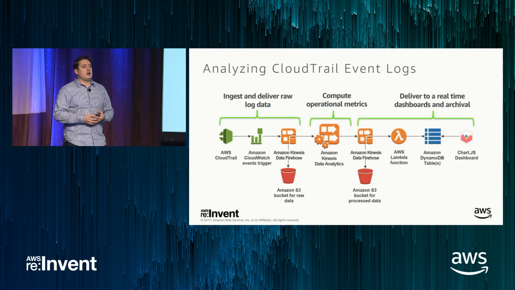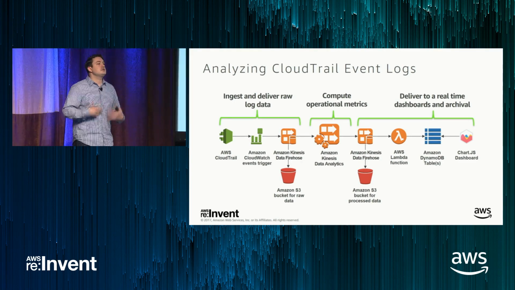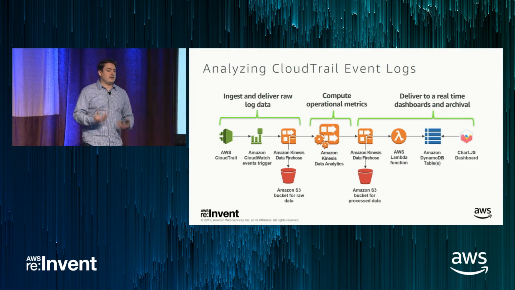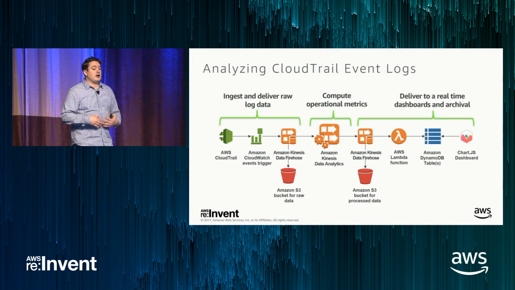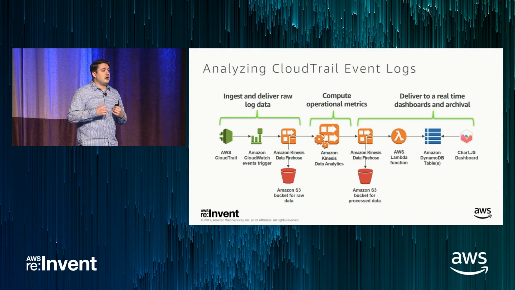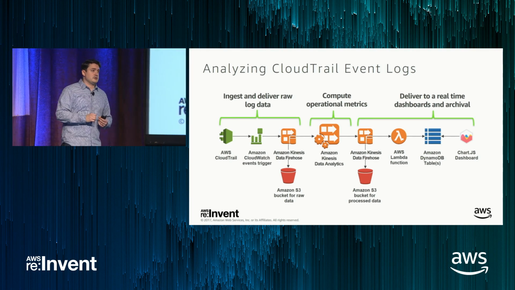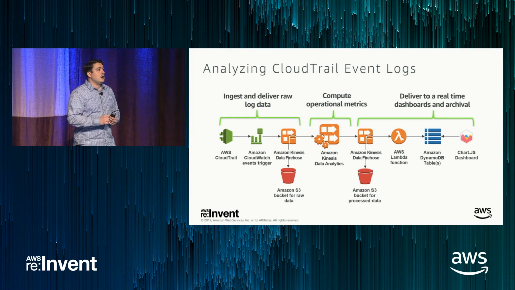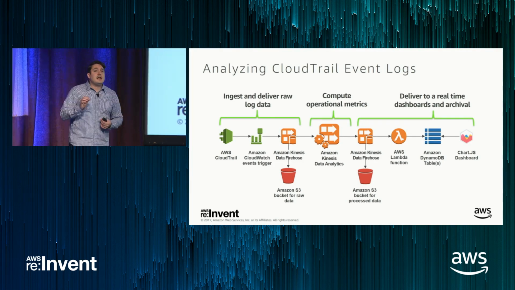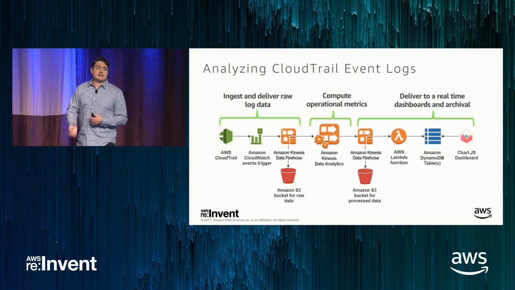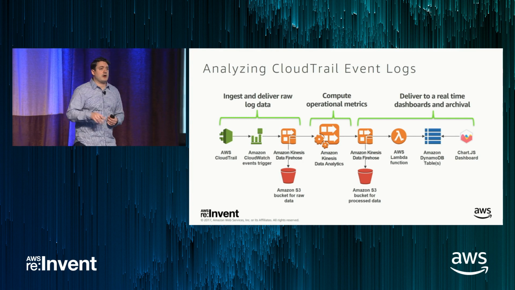So you want to know if one of your users spun up n number of EC2 instances or something like that. AWS CloudTrail provides a very useful mechanism to track that information. The combination of AWS Kinesis services I show here provides a way to develop very valuable operational metrics. So things like, what are my top 10 IAM users for any given period of time? What user is calling EC2 the most often? Are there any anomalies associated with how my users are calling EC2? These are all metrics that can be computed in Kinesis Data Analytics, and we'll walk through some of them later today.